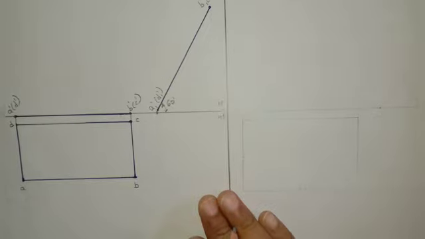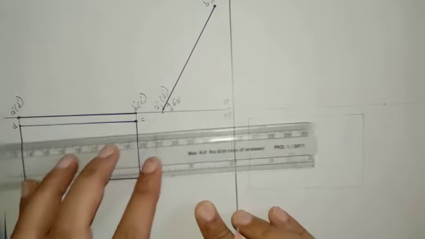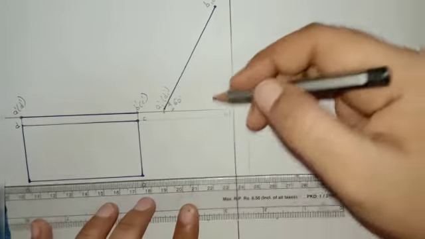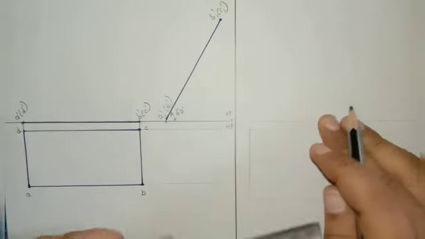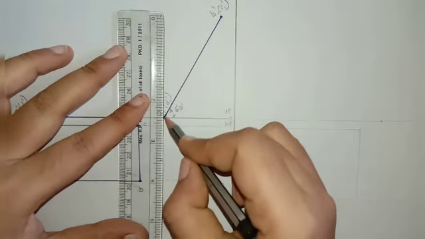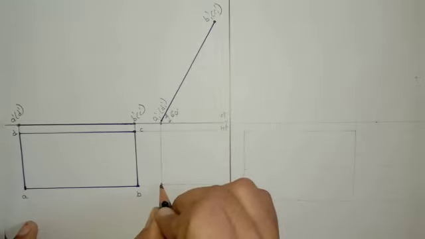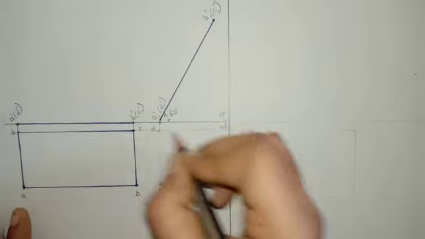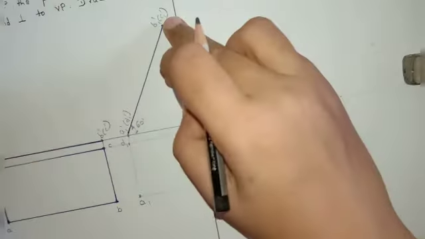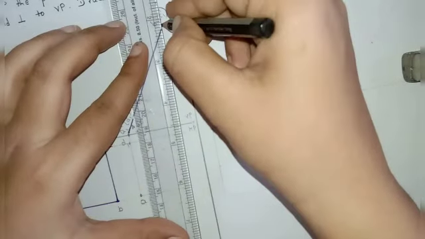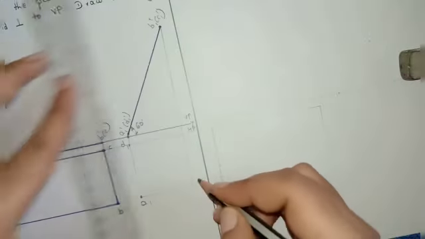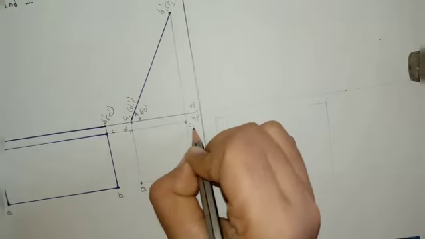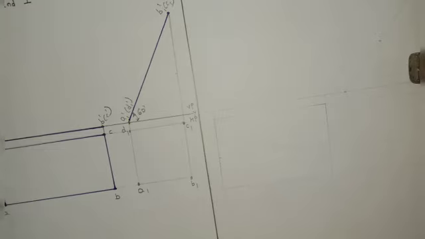Right, after that what we have to do, from every corner we should draw the horizontal line. From D and C, draw the horizontal line. From A and B, draw the horizontal line. After that from A to A, this is the point A, A1. Next point is D1. D to D, D1. Right, then next from B1, draw a straight line till point B to B, B1, and this point is here C1.